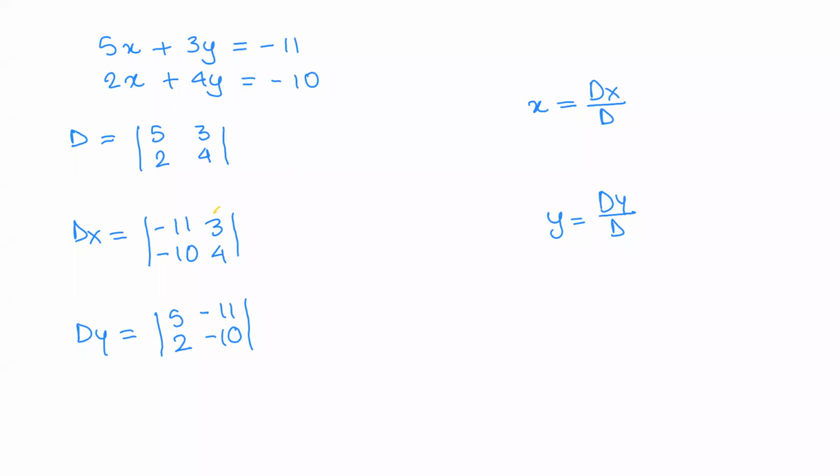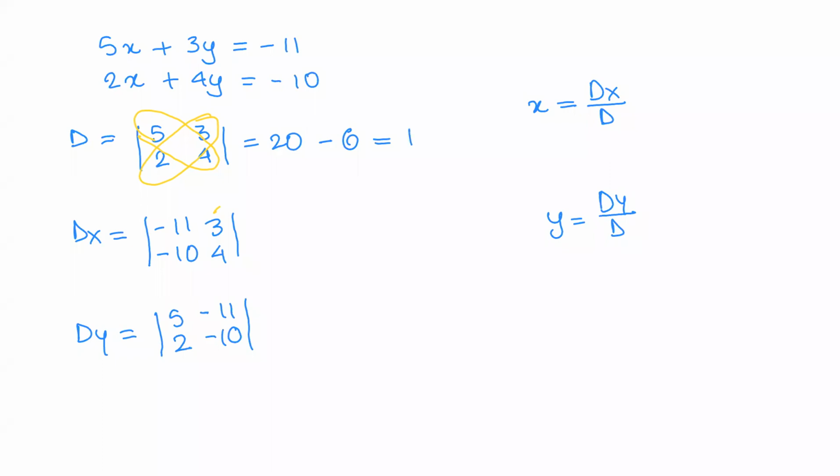And now we know how to find the determinant. It is simply the difference of cross products. So chalo, let us find the difference of the cross products. So 5 times 4 is going to give us 20. Minus 3 times 2, which is going to give us 6. And do the subtraction. What do you get? 14.